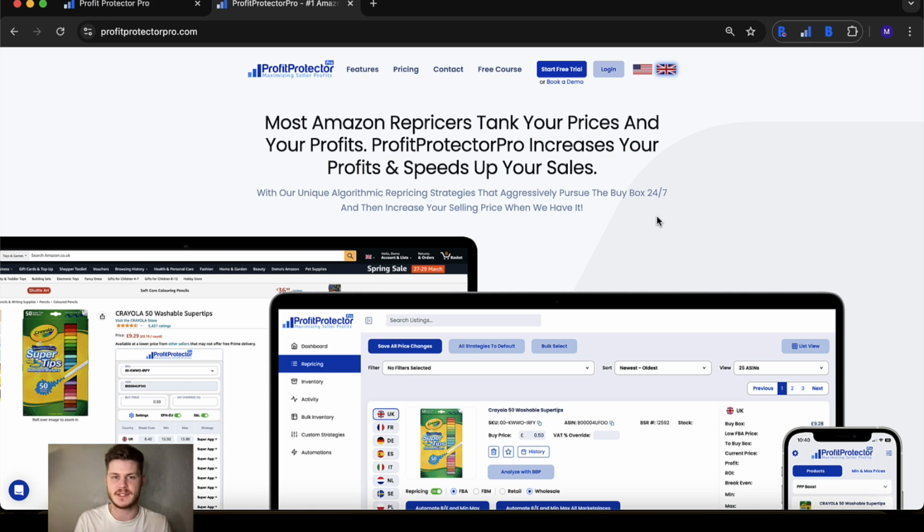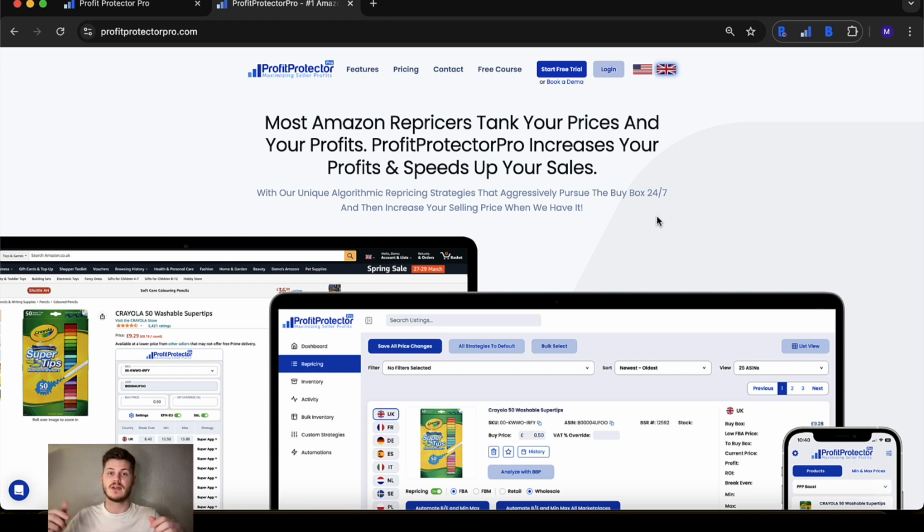So Profit Protector Pro defeats that problem through its upwards repricing capabilities, and that's down to the AI in the smart repricing strategies. And there are so many smart repricing strategies that this tool possesses, and it is a super clever system. So not only will it help increase your buy box possession rate, it will proactively do its very best to bump your price up on that listing to make you as much money as possible,